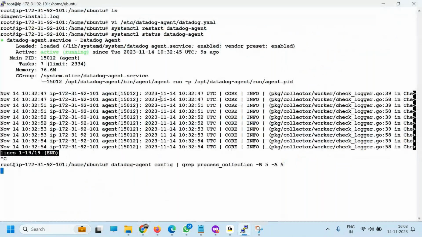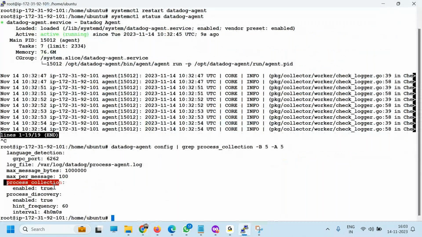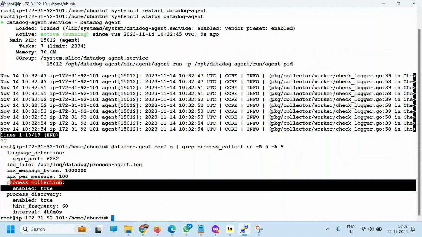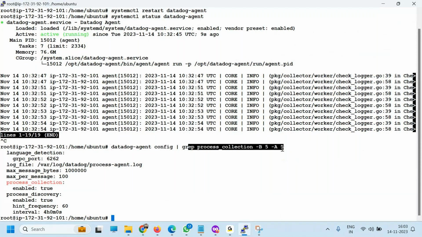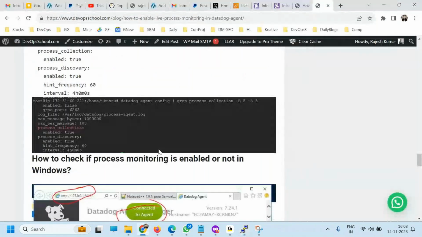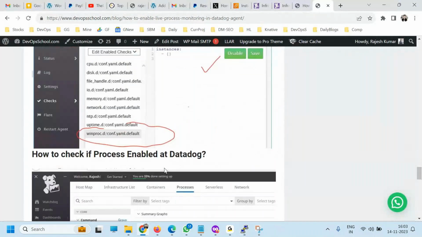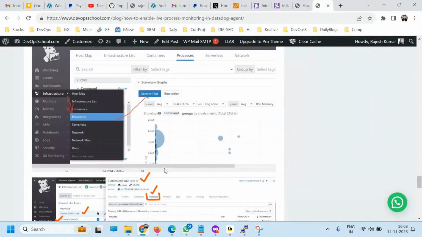So you see that process enabled true, so that is good. So this command you have to remember to verify in configurations. Okay, so likewise you can check this, and finally it's enabled from here side, no problem.